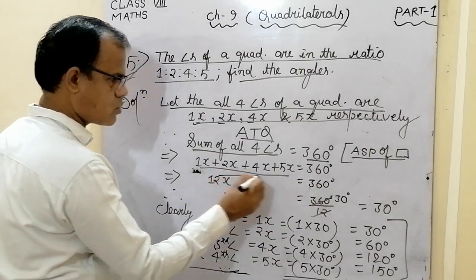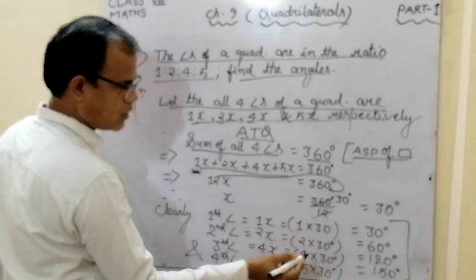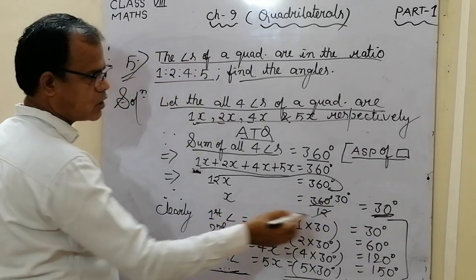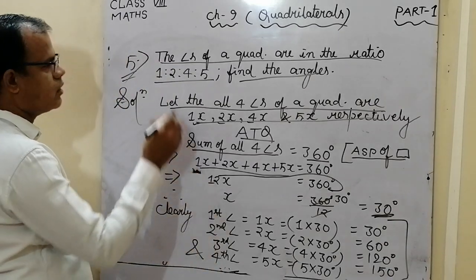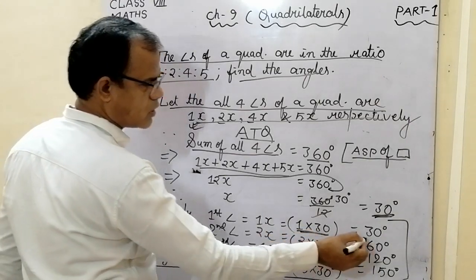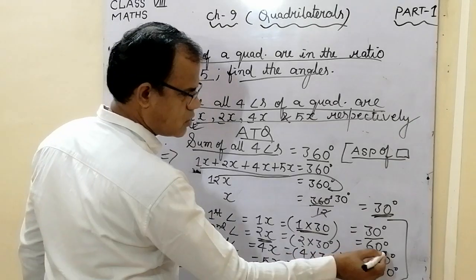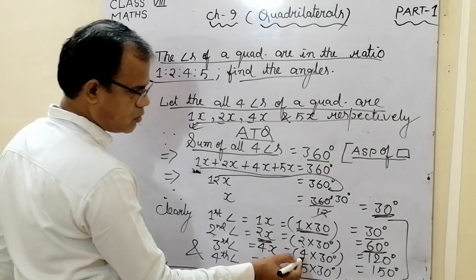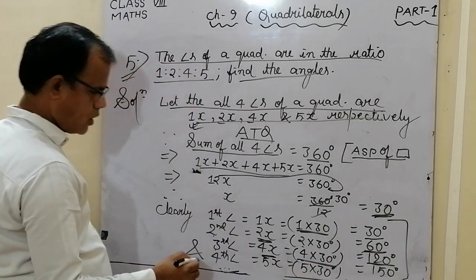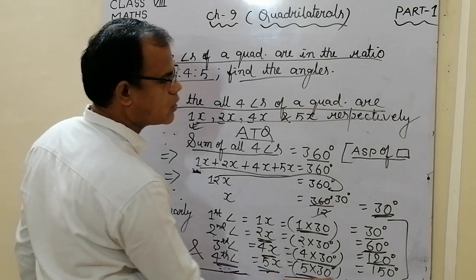So x equals 360 divided by 12, multiply by 12 becomes divide by 12. So x equals 30 degrees. First angle is 1x, so it becomes 1 into 30, 30 degrees is the first angle. Second angle 2x, 2 into 30, 60 degrees. Third angle 4x, so 4 into 30, 120 degrees. And last, fourth angle 5x, so 5 into 30 becomes